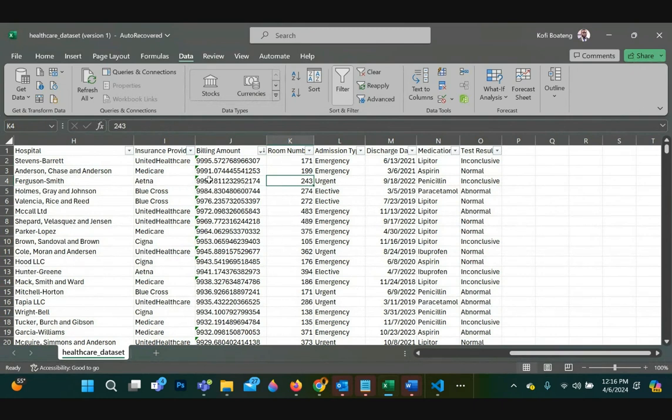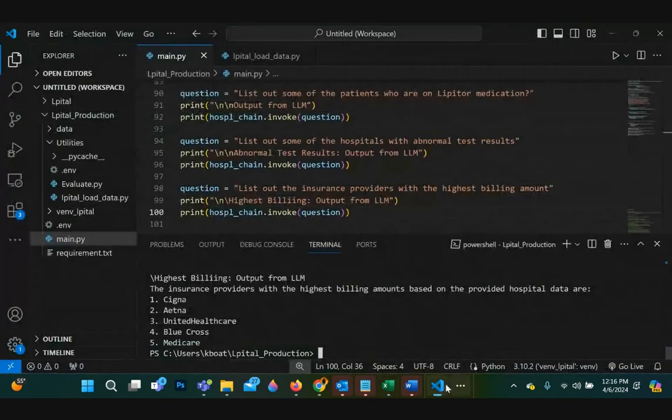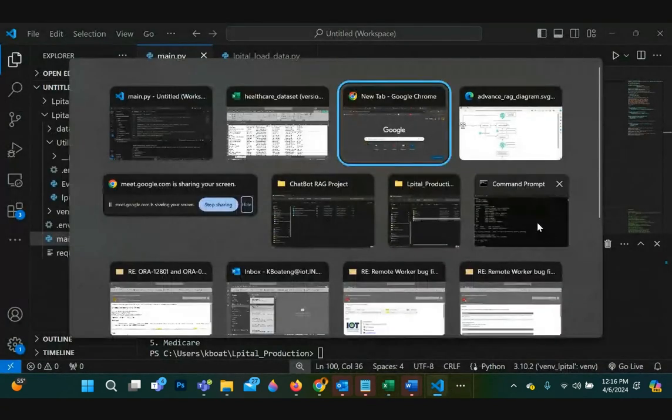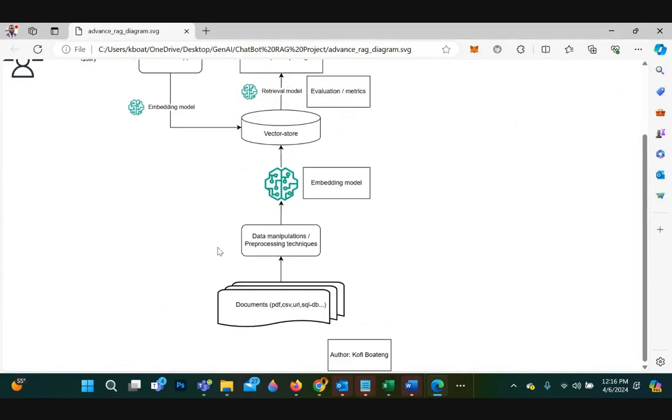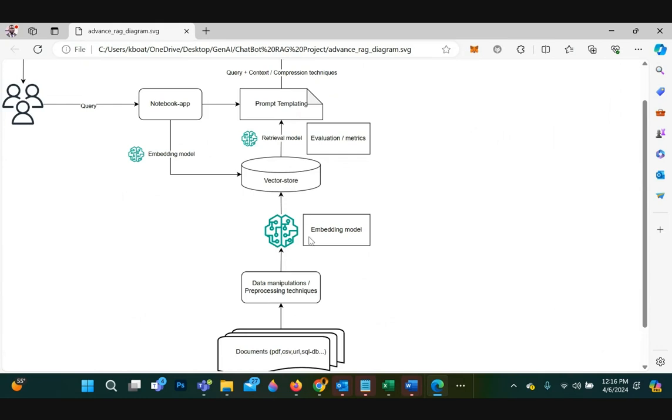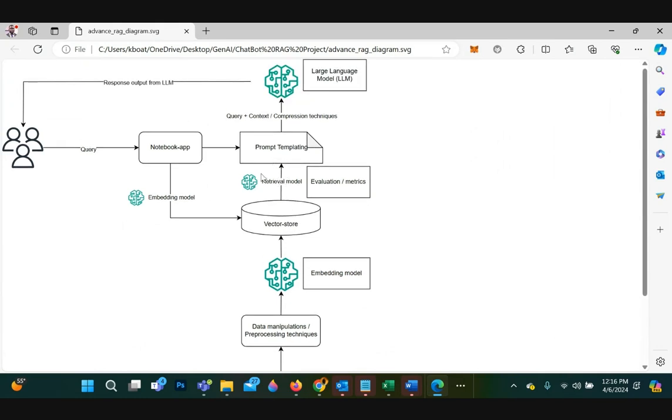because this section here, the data ingestion, should be ongoing, right? So this should always be feeding the vector store. As soon as new information comes in, the retriever can see that, and then the input template will be formed and sent to the LLM.